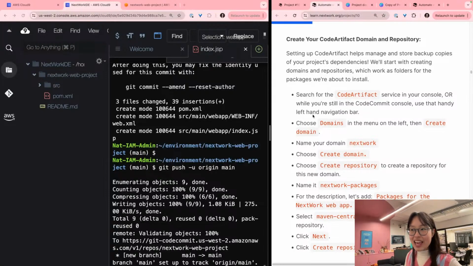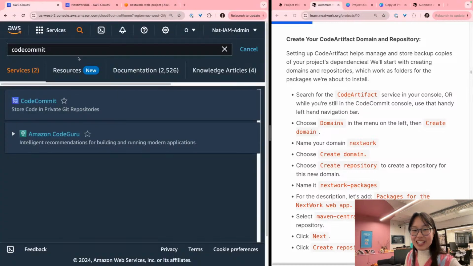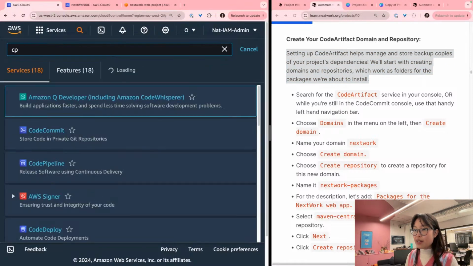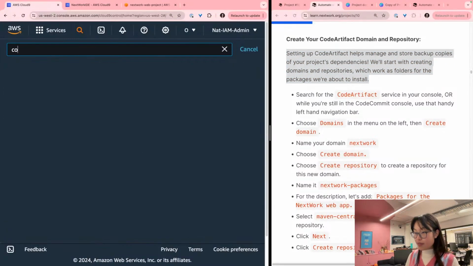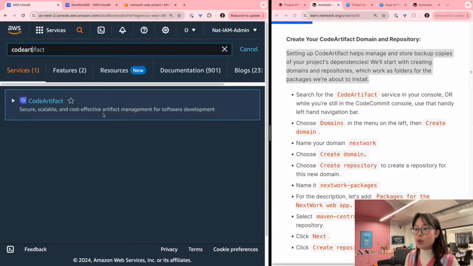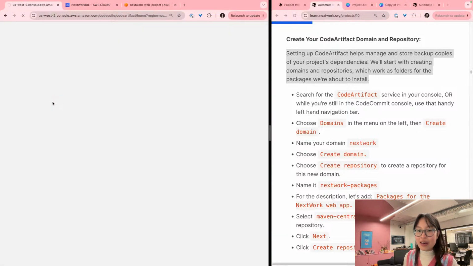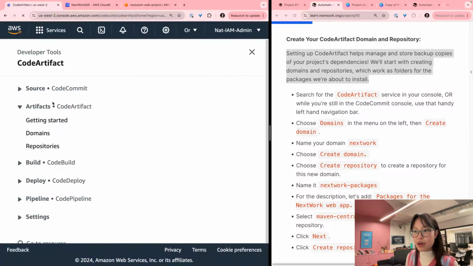So shall we head into the project 3 jungle of CodeArtifact? Setting up CodeArtifact helps manage and store backup copies of your project's dependencies. We'll start with creating domains and repositories, which work as folders for the packages we're about to install. Yeah, so absolutely, I'd highly recommend that you check out project 3 in this series if these are some new terms to you. But as a quick recap, what's happening right now is we have a web app project